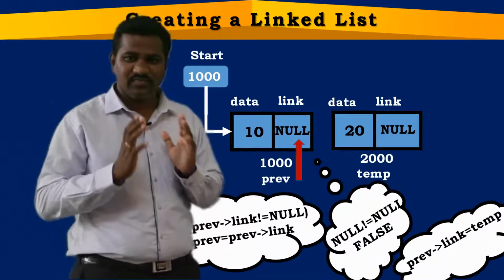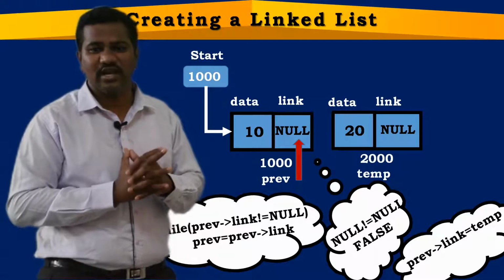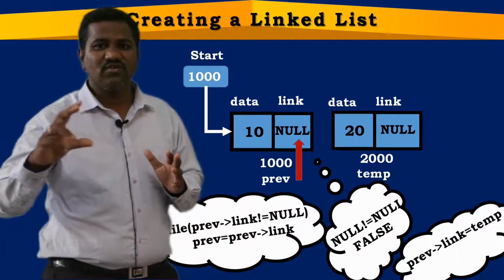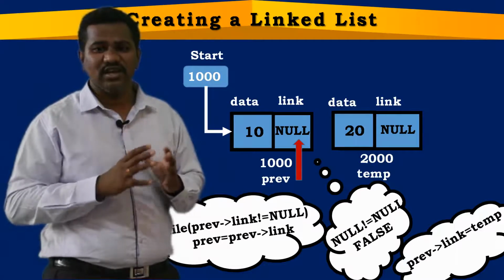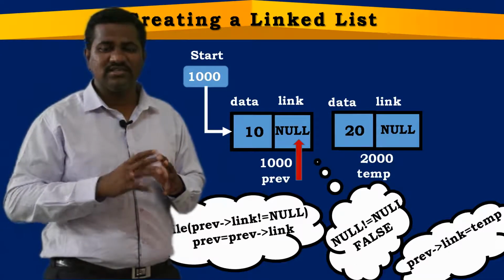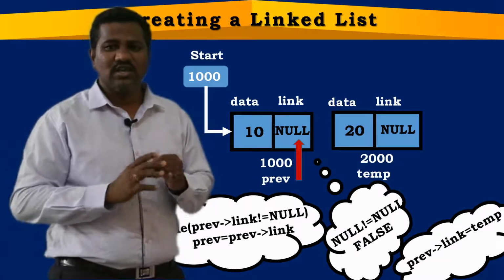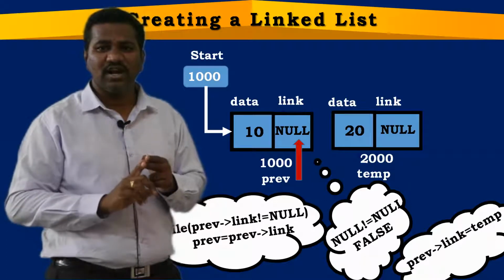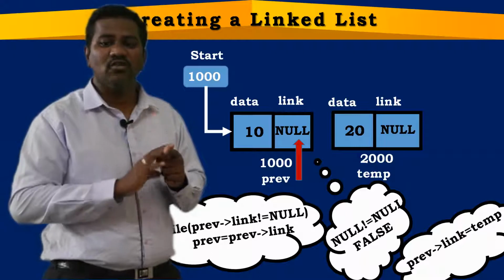That means you need to be very careful when you are dealing with a single linked list. In a single linked list, whenever a series of nodes are interconnected with each other, and the link part of any node contains null, then that will be the last node in the list. Suppose you have 3 nodes and the third node's link part contains null. If you have 2 nodes, then the second node's link part contains null. Suppose you have only 1 node in the linked list, then the first node's link part always contains null.